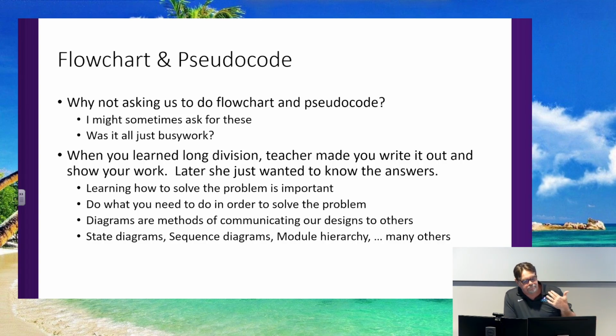So I would say another use for them is if you want to communicate your idea to somebody else. You don't sit down and paint a picture of your cousin if you want to describe to your friend what your cousin looks like, right? No. You can use a few words at a high level and keep it vague and abstract and get your point across to somebody. And again, flowcharts and pseudocode are a good tool for just communicating between us humans what we were thinking of to communicate the algorithm.